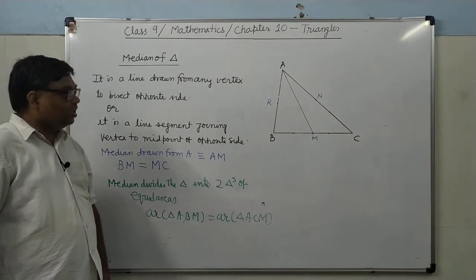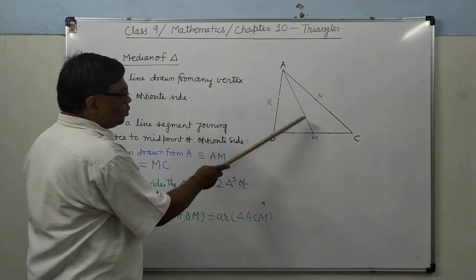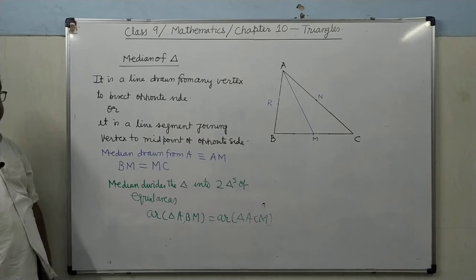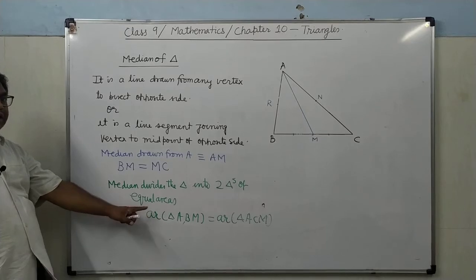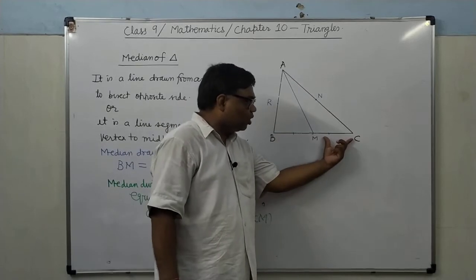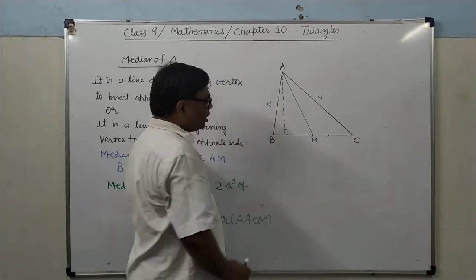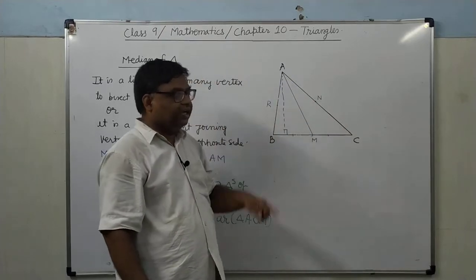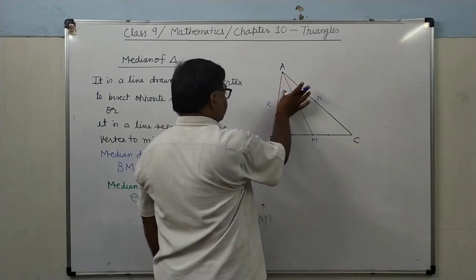You can see here, whether you find the altitude for triangle ABM or the altitude for triangle AMC, it will come out the same. The height of the triangle will be the same. Altitude means height of the triangle. The height is the same, and what is the formula of area? 1 upon 2 base into height. So the bases are of equal length. The height is what? Here I am showing you. This will be the height for both triangles, for triangle ABM as well as for triangle AMC. It's clear? So that's why their areas will be equal.